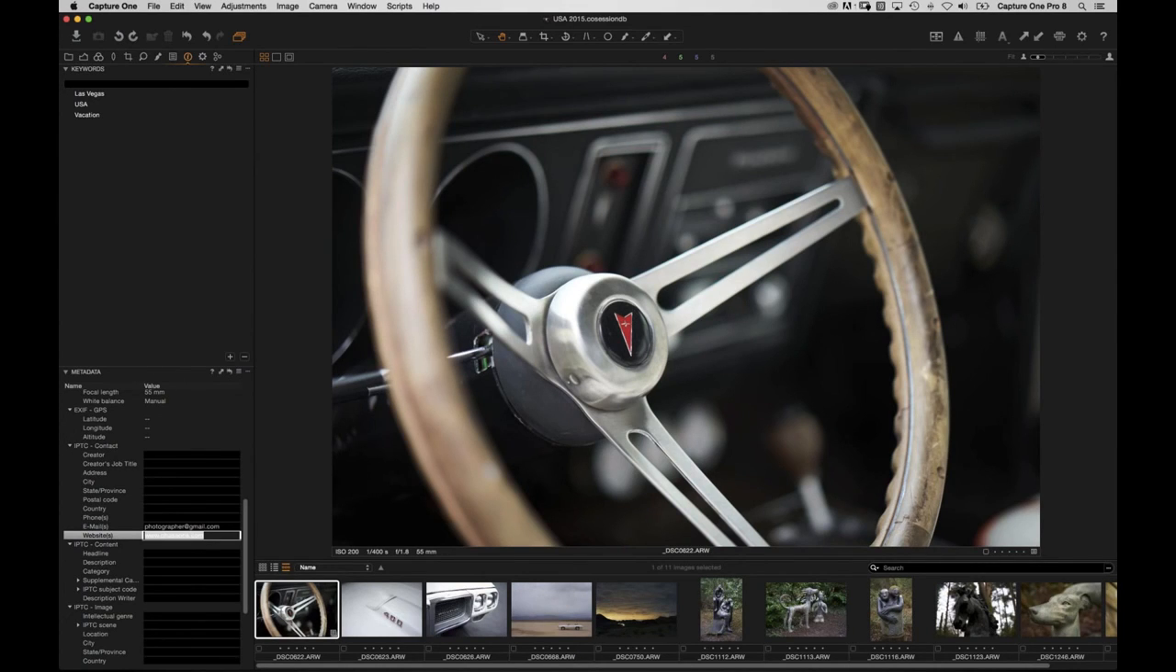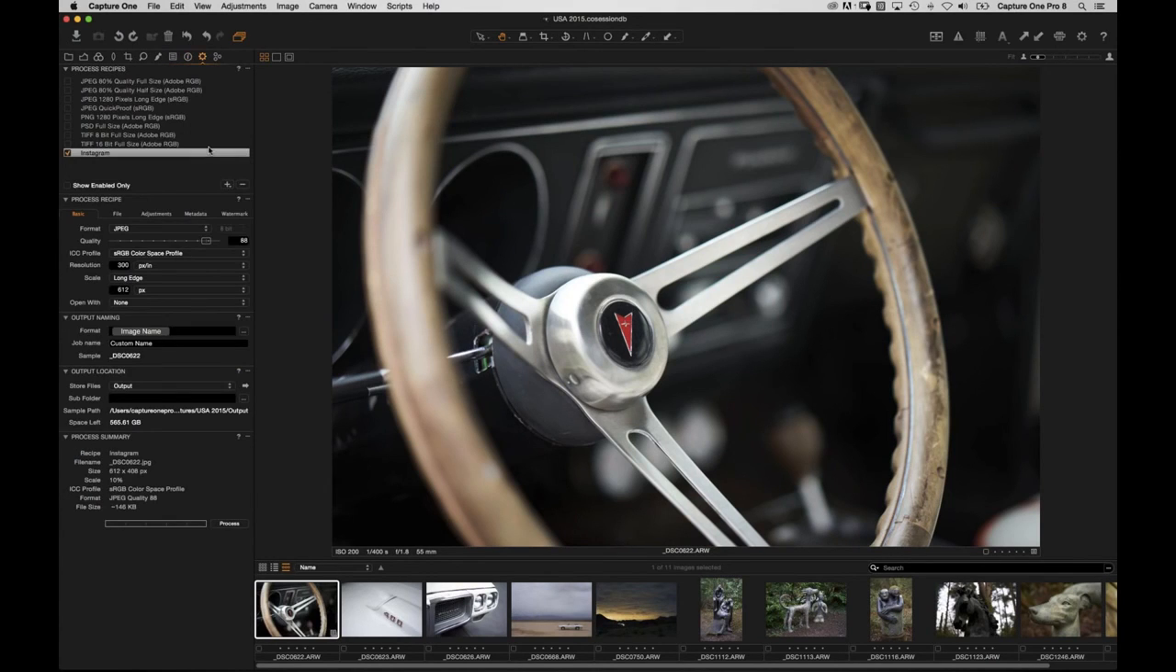Excuse me. Will it keep the metadata throughout to the output on your exports? Yes, Anthony, it will, if you make sure you haven't disabled that in the output process recipe, which we're going to have a look at right away. So if we go to the output tab,